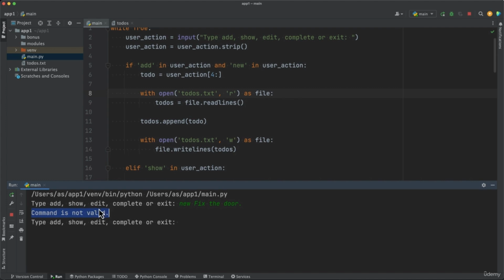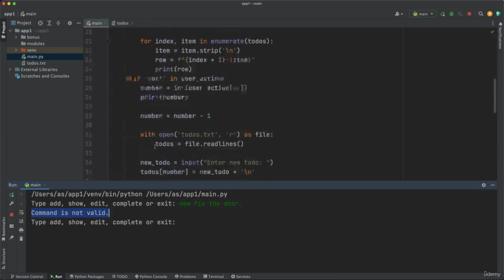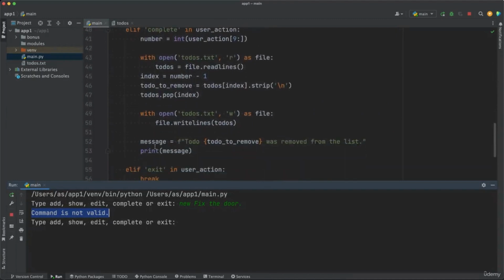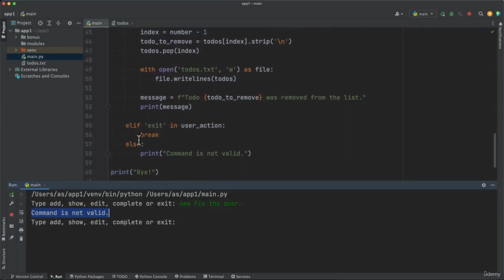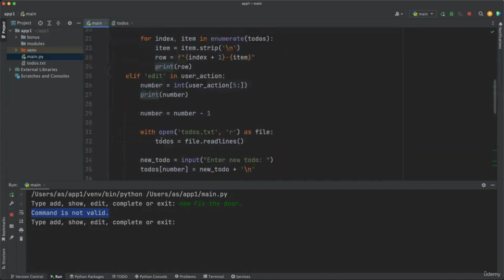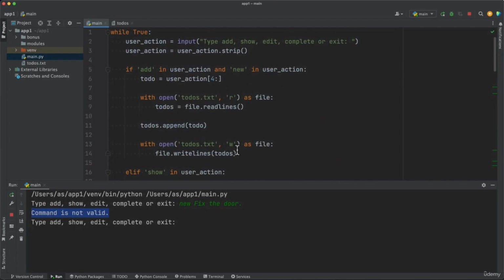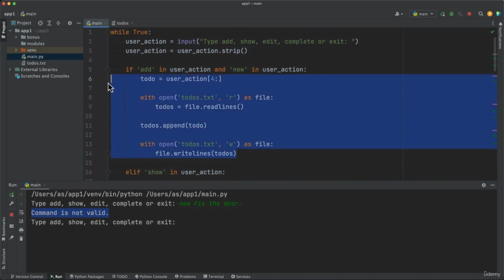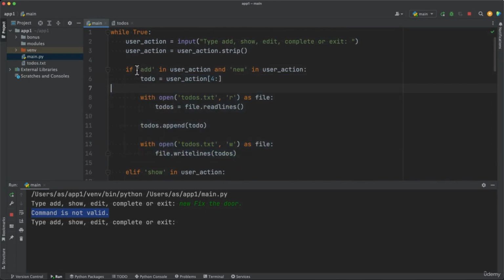Output command is not valid. That means else. So the code under else was executed, which in other words means that this code was never executed,